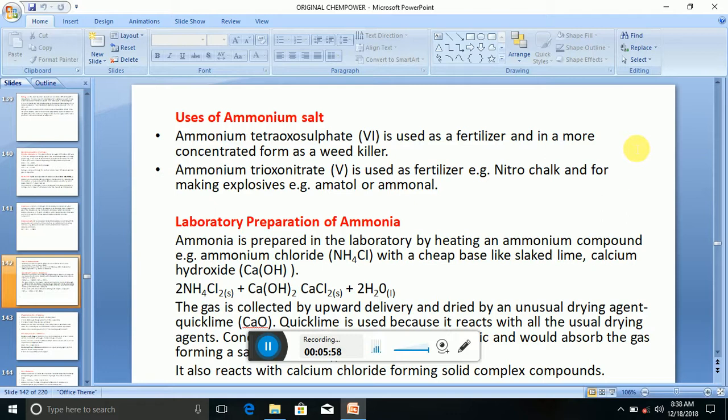Laboratory preparation of ammonia. Ammonia is prepared in the lab by the heating of an ammonium compound such as ammonium chloride with a cheap base like slaked lime, which is calcium hydroxide. Now let's look at